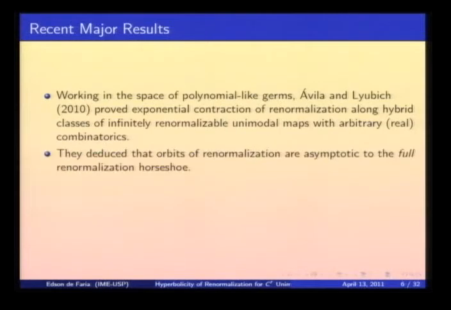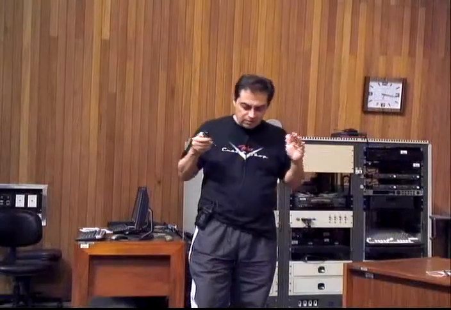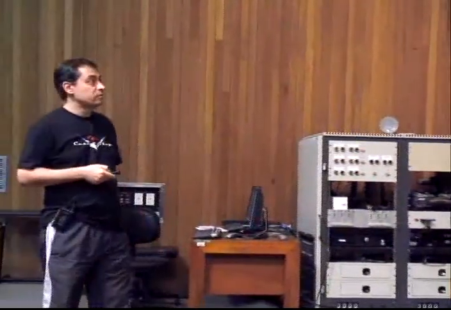Any criticality will do. And from that, they deduce that the orbits of this renormalization operator are asymptotic to a full horseshoe, now that includes not just bounded type, but all sorts of combinatorial types. And as I said, their methods apply to polynomial-like maps with one critical point, and they yield a unified approach to this sort of hyperbolicity problem. But always, I insist, this is always in this space of germs up to some form of affine equivalence. Okay, so,